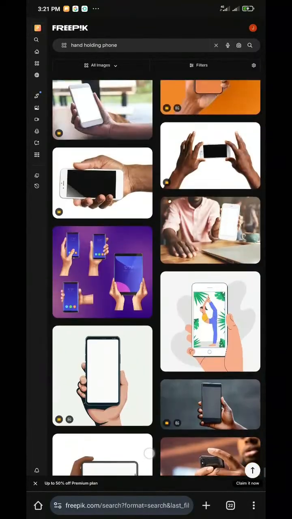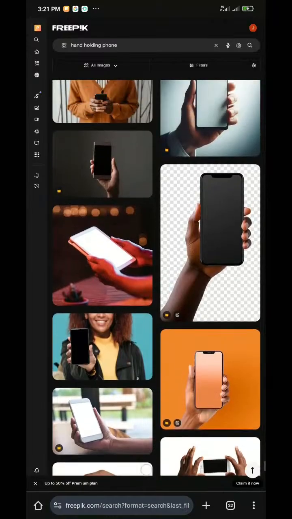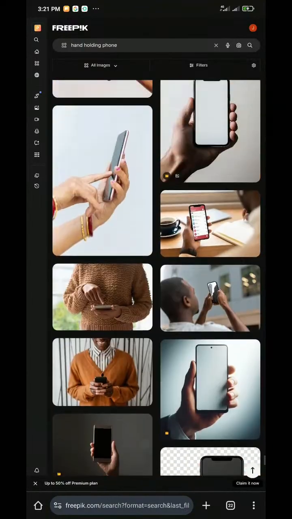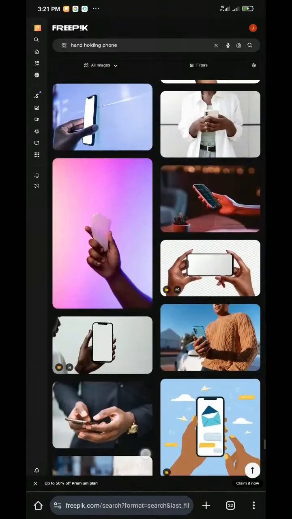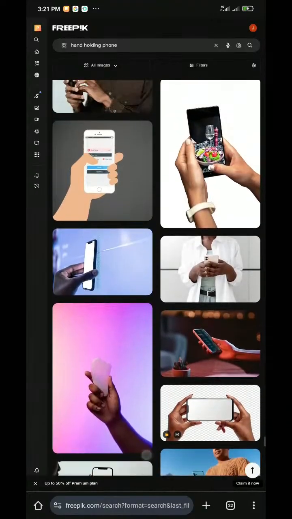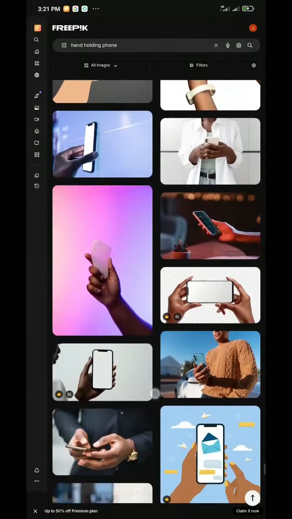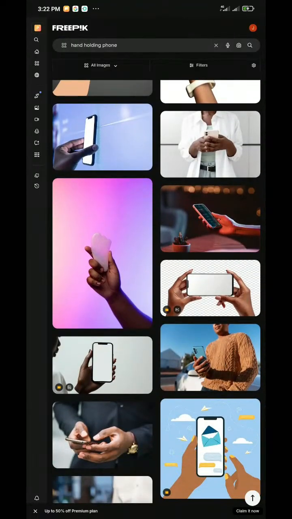But for the purpose of this class and for the purpose of image selection and image sourcing, let me tell you: